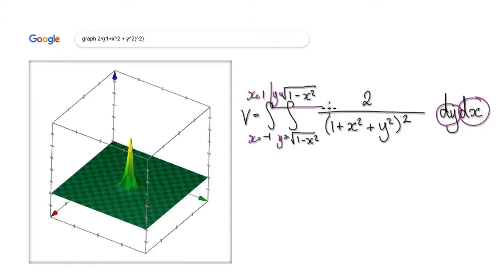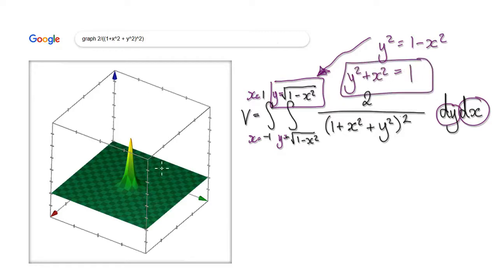but then if you look at this, after a while you should have a hunch that this is some sort of circle, because if you rearrange this, square both sides, so that would be y squared equals 1 minus this thing here, and then here you can see it is some sort of circle of radius 1. So this is the origin here, x-axis, y-axis. So you're looking at some sort of circle of radius 1,